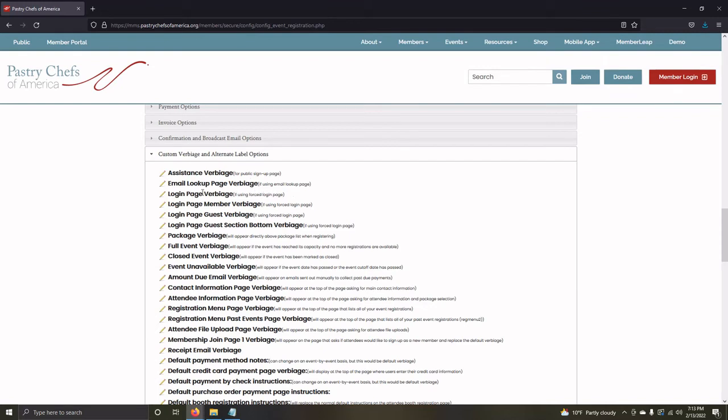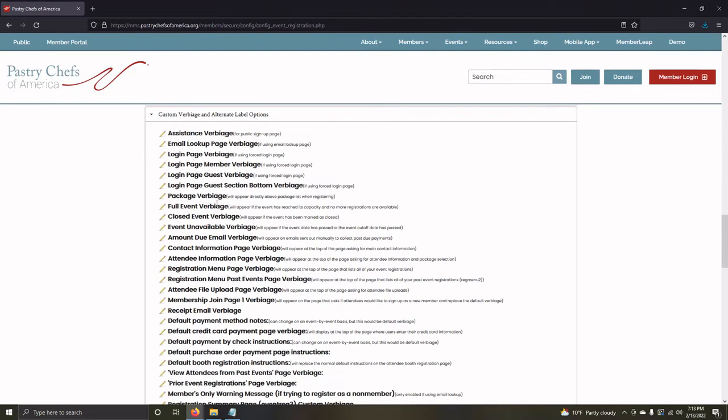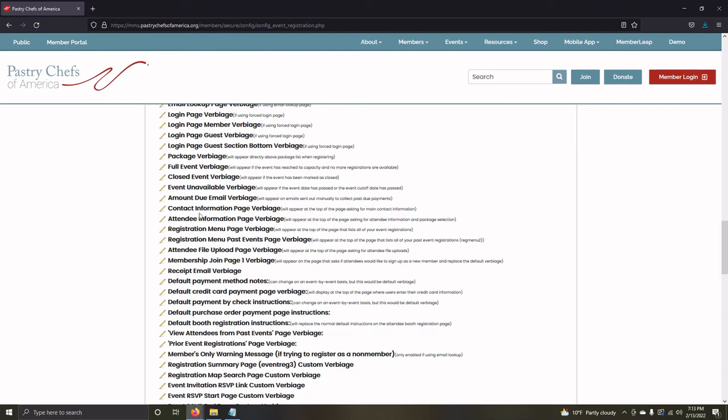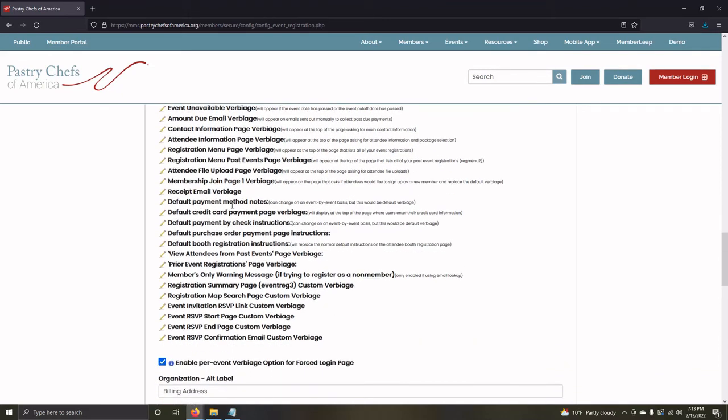There's assistance verbiage, email lookup, login, for just a general login verbiage, member verbiage, guest section bottom, your packages, the full event, closed event, event unavailable, amount due email, contact information page, attendee information page, registration menu page, registration menu past events page, attendee file upload page, membership join page, receipt email, default payment method, default credit card payment verbiage,